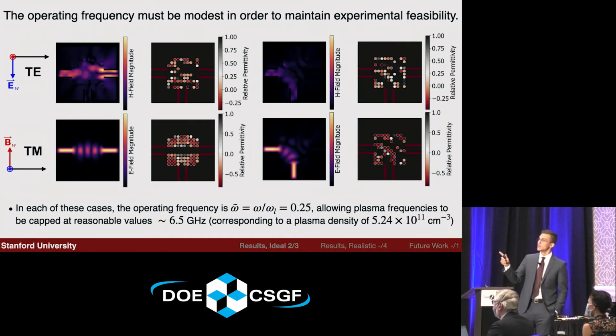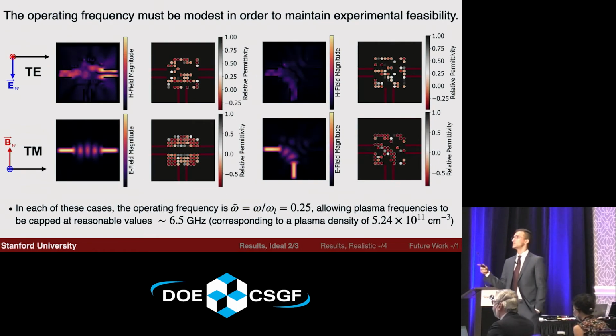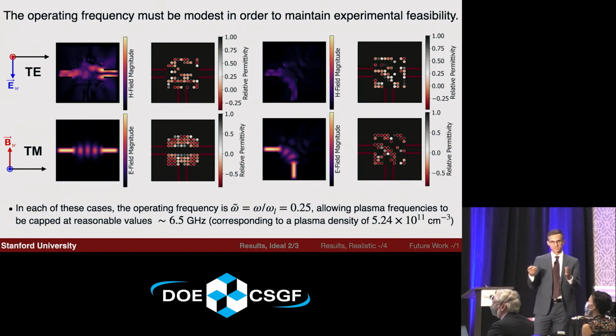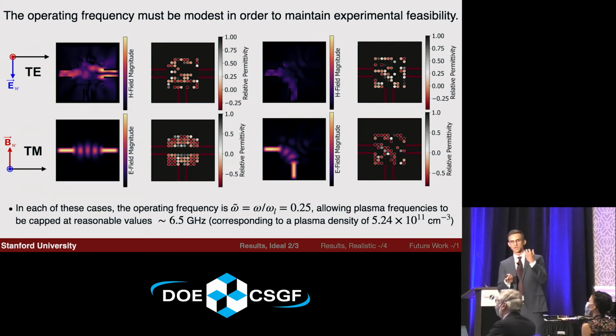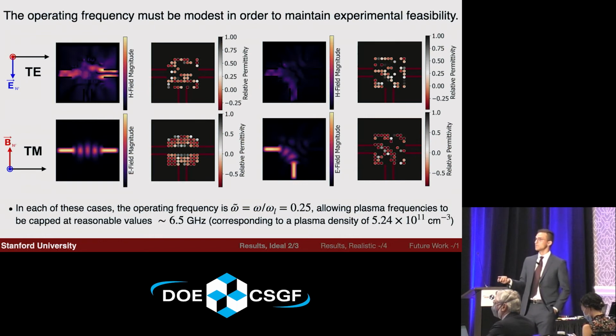Now, the operating frequency must be modest if we want to ever have experimental feasibility of these devices. On the operating frequency, we talked about the plasma permittivity, which involves this ratio between the plasma density and the operating frequency. If the operating frequency is too high, you're requiring your plasma density to also be high to get the same sort of structures and performance. So we also wanted to make sure that these devices worked when our operating frequency was low, our plasma densities